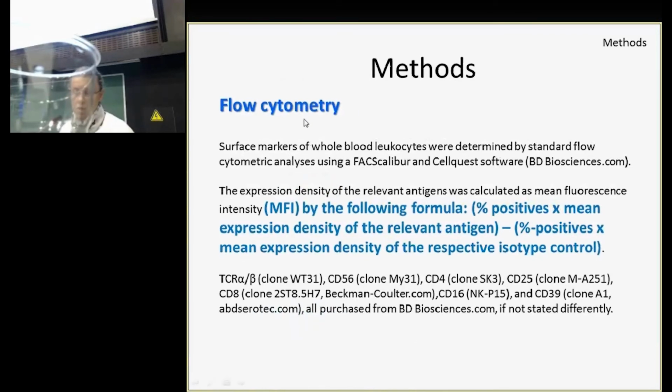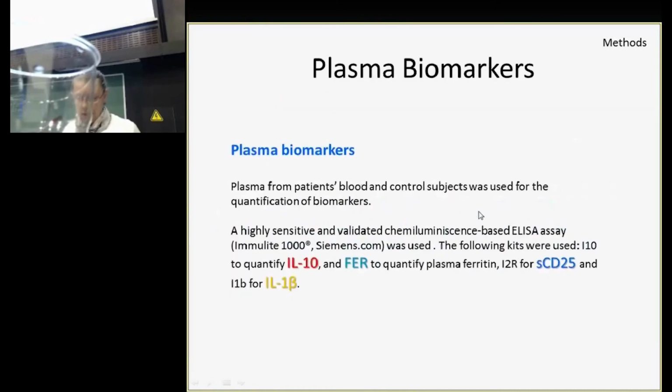So we looked into this peripheral immune system using flow cytometry, and we analyzed our immune data by mean fluorescence intensities, that is the density of immune active molecules, as well as percent positives from the leukocytes. In addition, we look for certain plasma biomarkers, and we only use the so-called Siemens